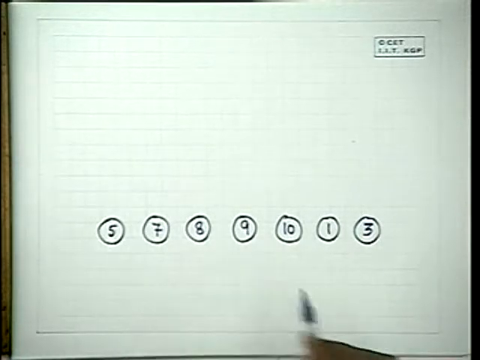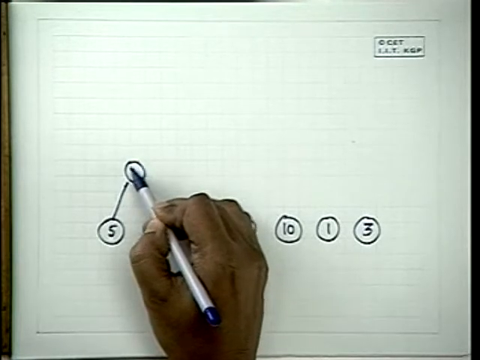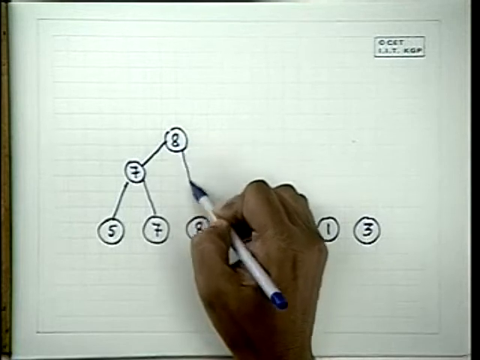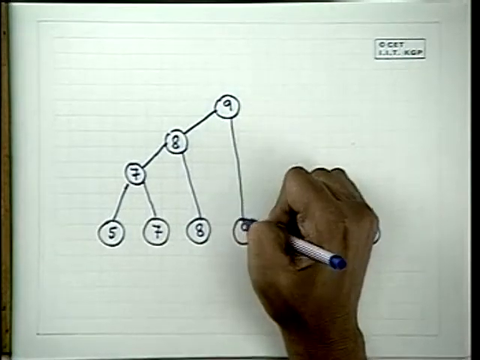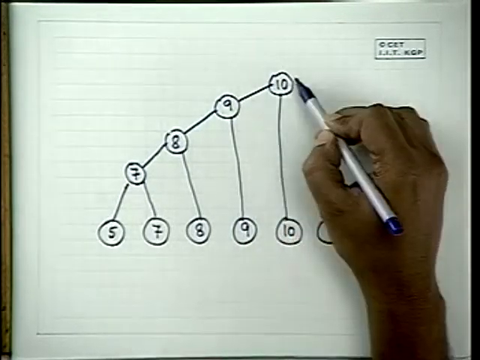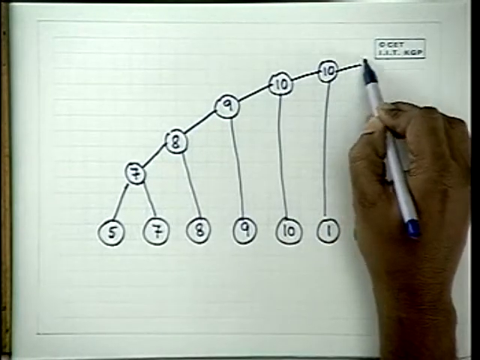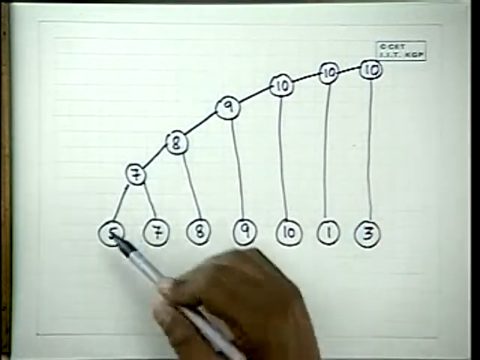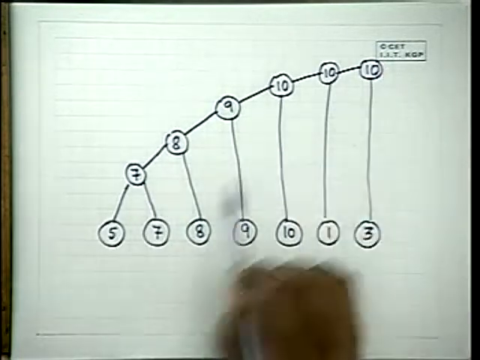Now what we did was, we compared the first two, then we compared this, then we compared this, then we compared this, then we compared this, and then we compared this. And this is the tentative value of the max variable which propagated through. This is how we worked it out.